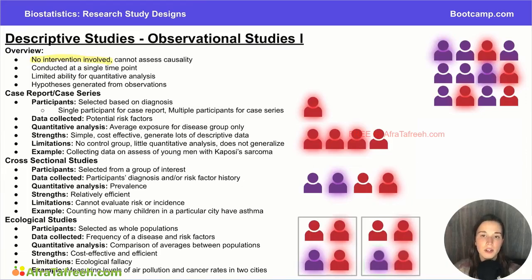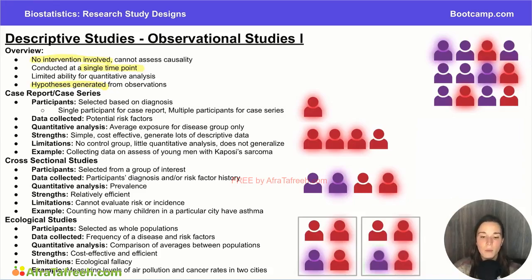In a descriptive study, researchers collect data about one or more variables, generally at a single time point. Now, unlike other study designs, descriptive study designs don't require a clear hypothesis prior to the onset of the study. In fact, these studies are often for generating hypotheses. Usually they're done when a researcher has noticed an effect that they're interested in, but they're not quite sure what's